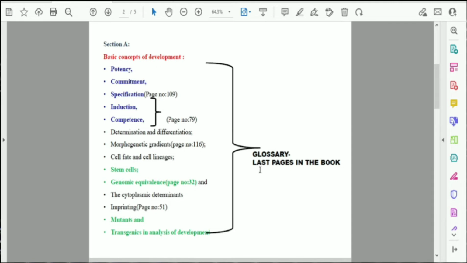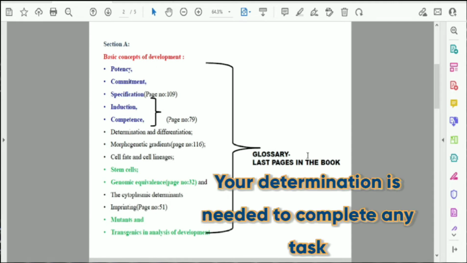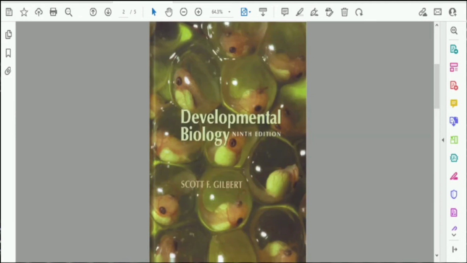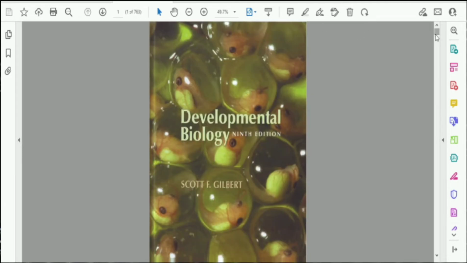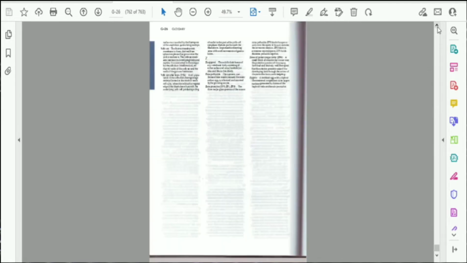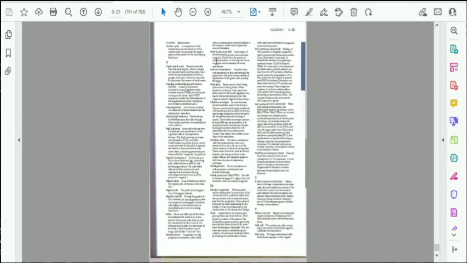So for basic concepts, the first thing is that you can refer to the glossary pages of this Gilbert book, that is the last pages. If you go through the last pages in the Gilbert book, there is a glossary. Glossary means definitions. Questions will be asked based on this only, like they will ask definitions. So you can concentrate on this. Based on alphabetical order you can take a printout, and one evening sit in a quiet space and read and concentrate on those topics.